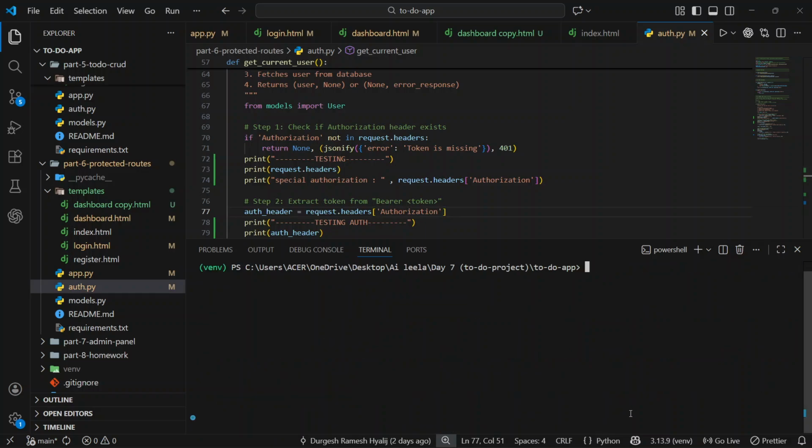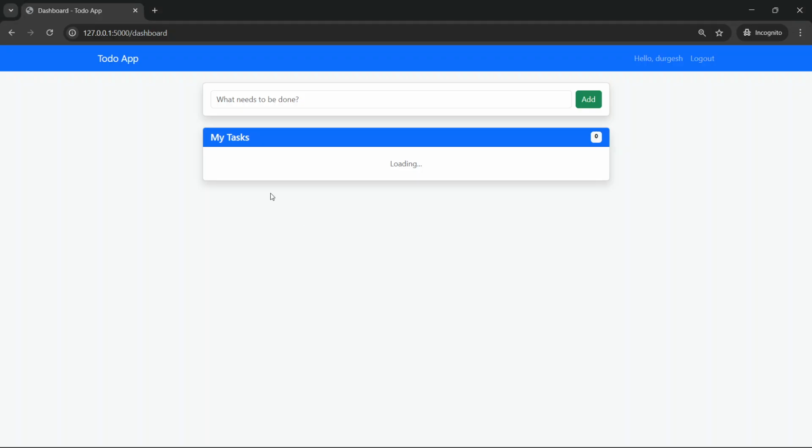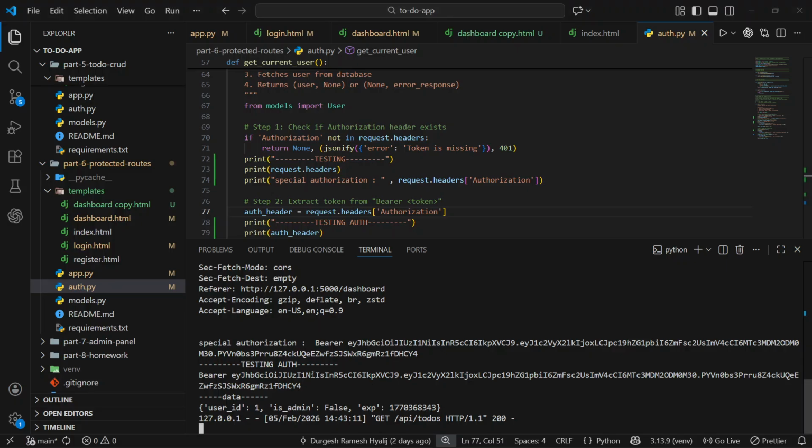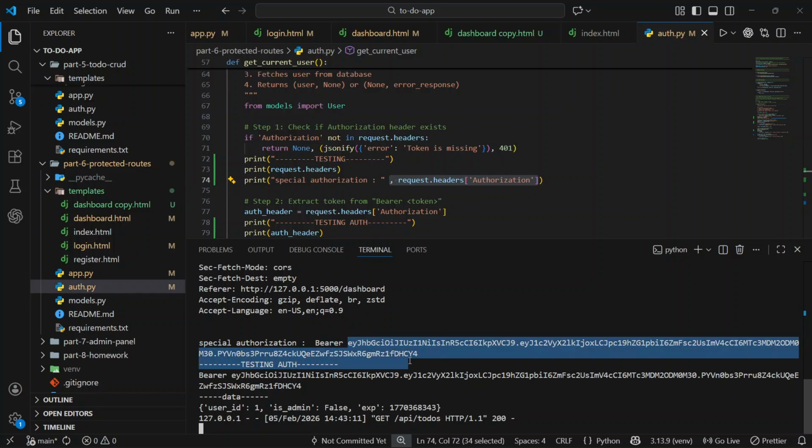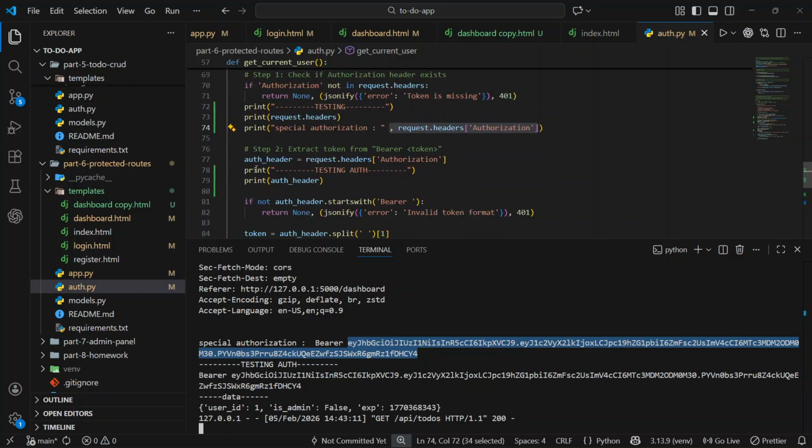We will clear all the things and try again running, and replace this part. See here, special authorization with this one. This authorization will be here in this token, all token is coming here, and then here auth header means request.header authorization, means that checking just